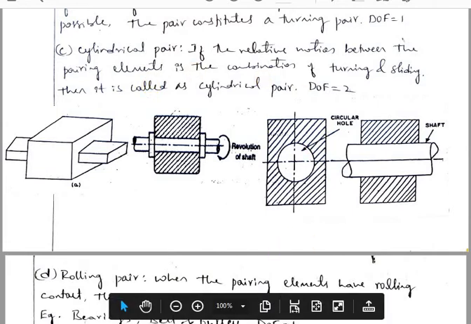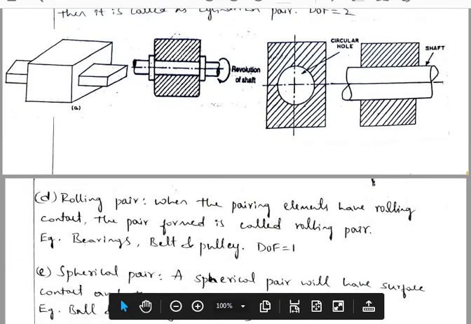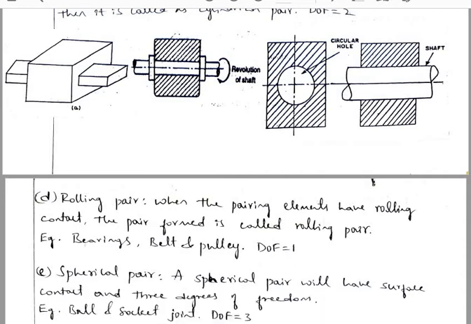Okay, and rolling pair is different. The rolling pair is the one when pairing elements have rolling contact, that pair formed is called as a rolling pair, and that rolling pair will be having only 1 degree of freedom, where we can take example of belt and pulley. The belt and pulley is a good example of this rolling pair,